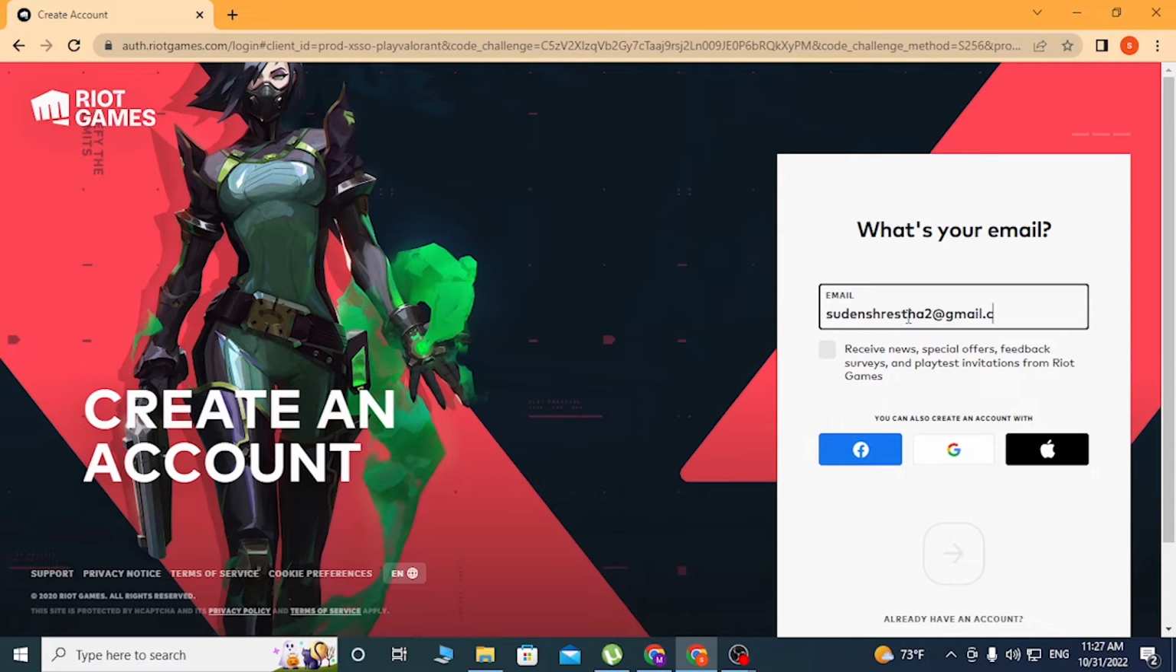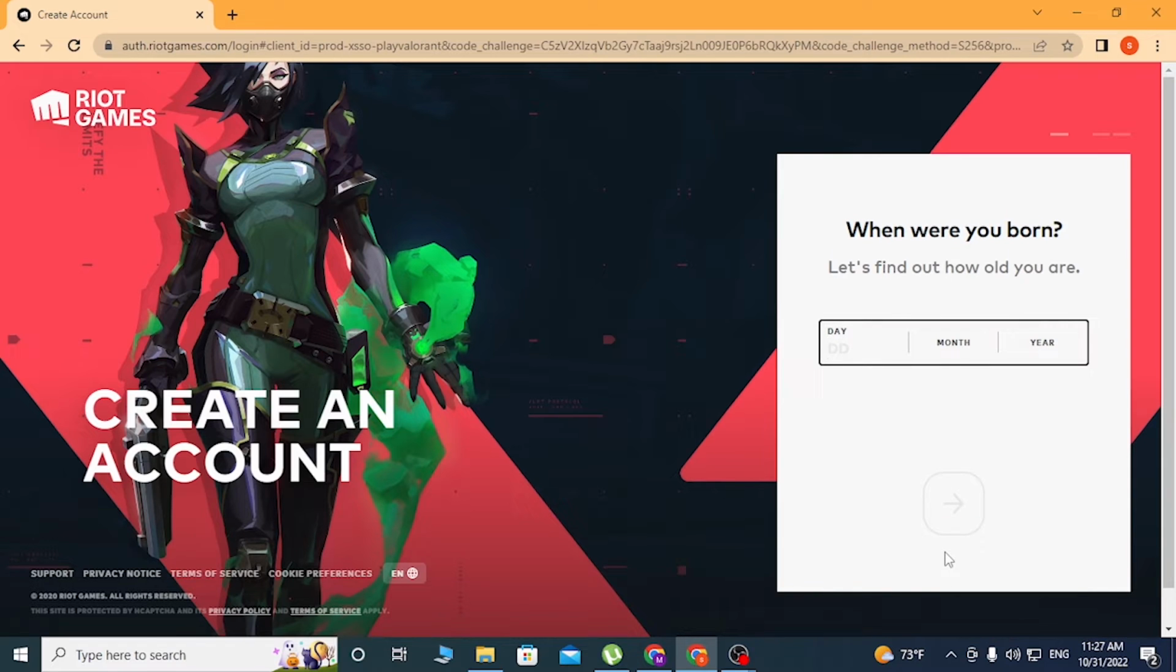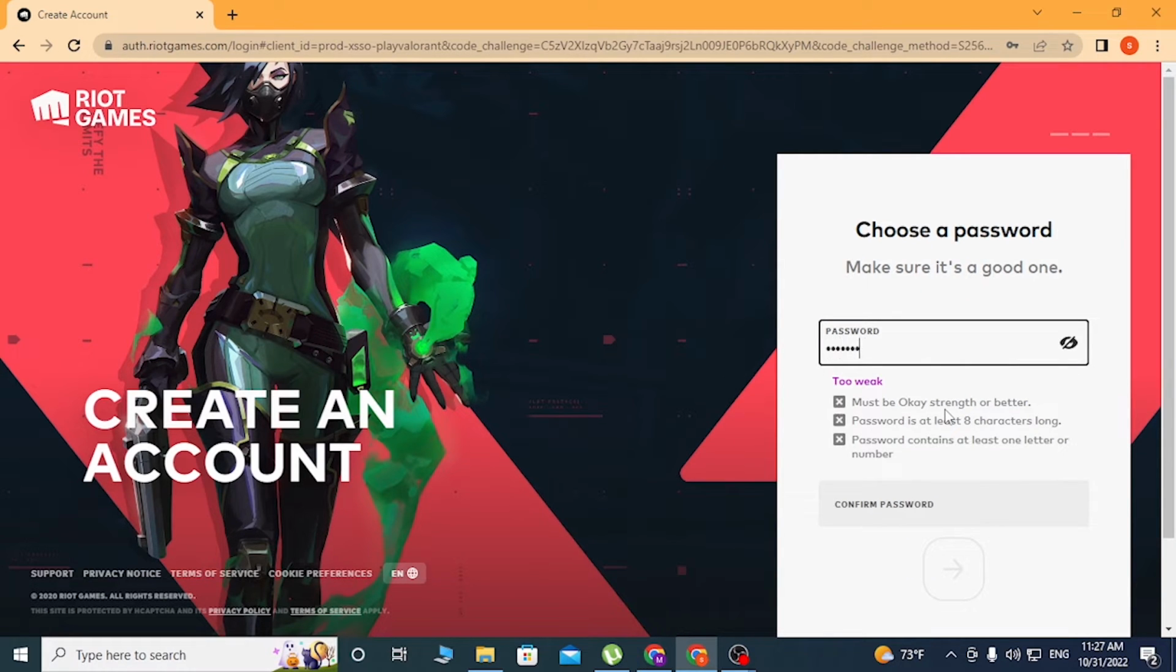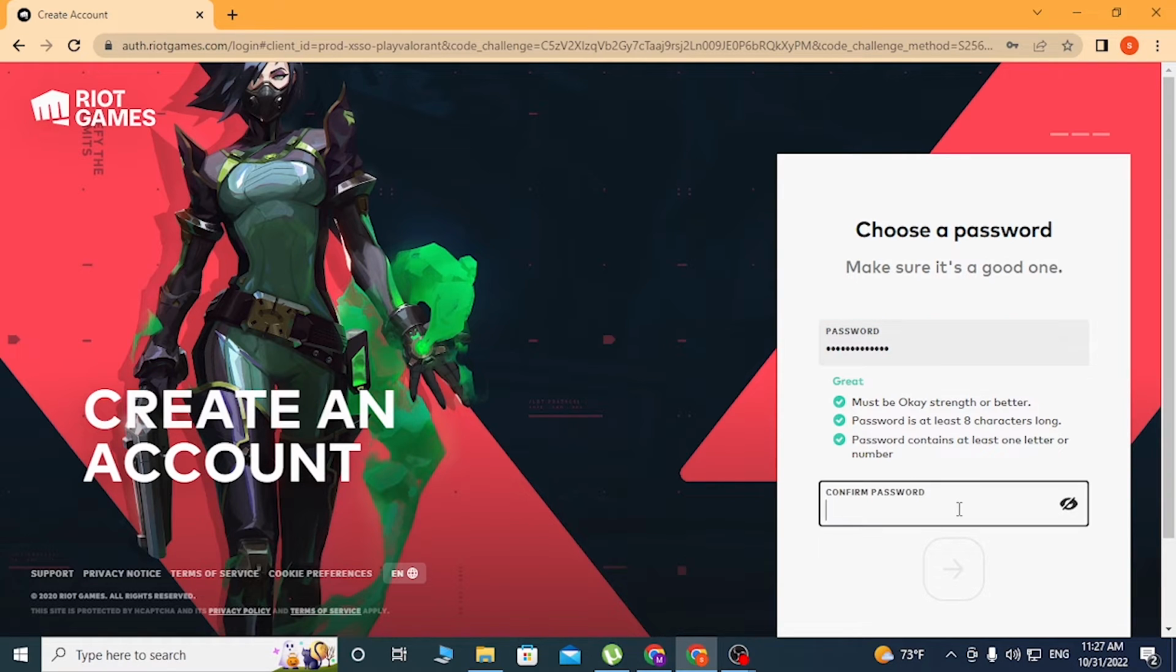Enter your email like this, and after that click on this arrow and let's enter the birth date. And after entering your birth date, click on this arrow, set your username like this, which will be your game name. Choose your password, put some capital letters, some small letters, and use some numbers guys to make it strong. And after confirming your password and entering the password over here, click on this button to proceed forward